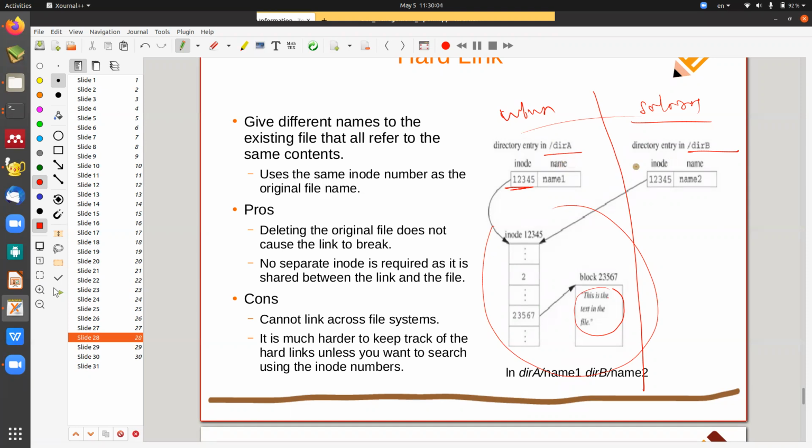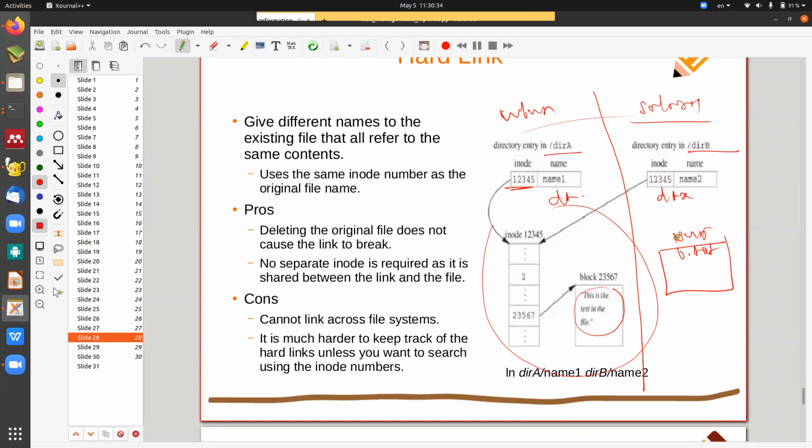What is the problem in this? Assume that there was already a file in Solaris with inode 1, 2, 3, 4, 5, and its name was b.txt. What file have you created? d.txt. What file is present here? d.txt. By linking, what you are doing is keeping the same inode, but both of them are making an entry with a link count of 2.